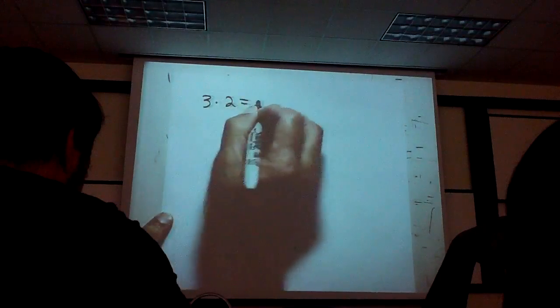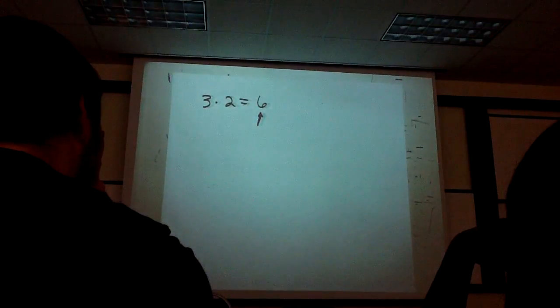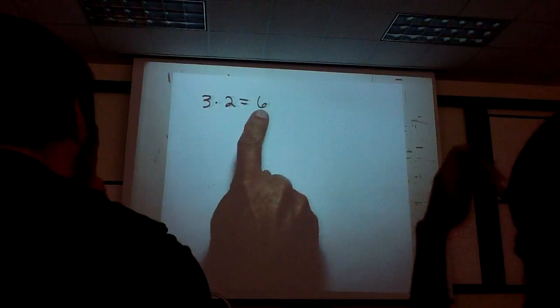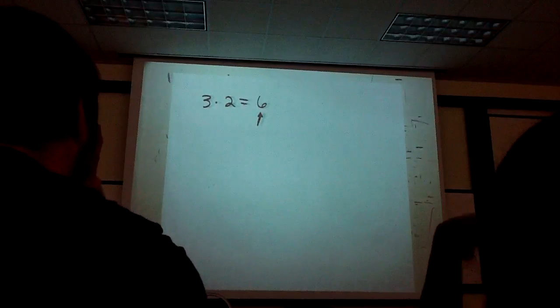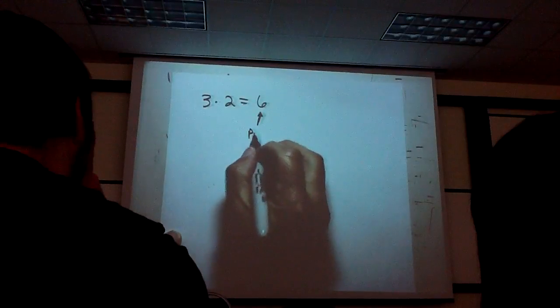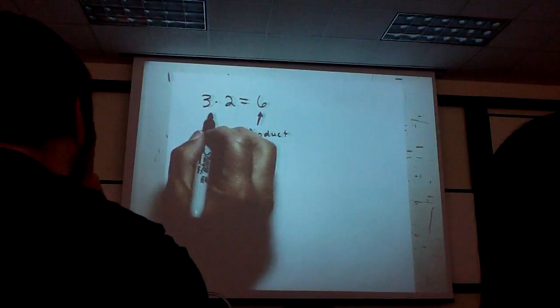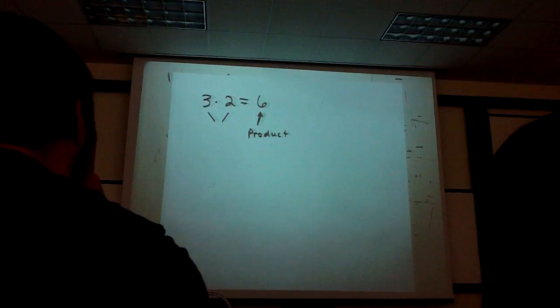Okay, just some basic definition here. This is a multiplication problem, right? What is this called? The answer, that's one way to put it. Product, that's right. When you multiply and get your answer, it's called a product. But what are the 3 and the 2? Factors. So when we are talking about factoring something,